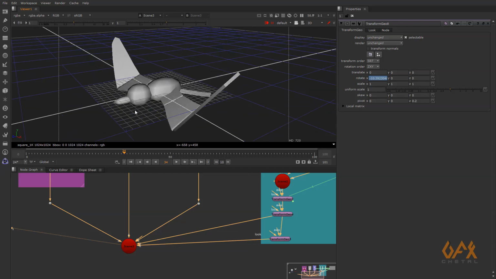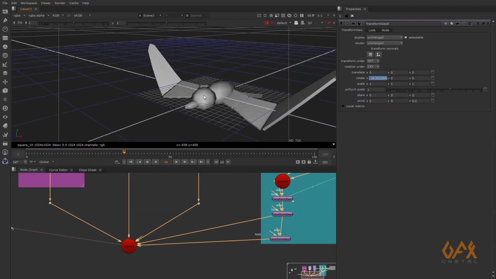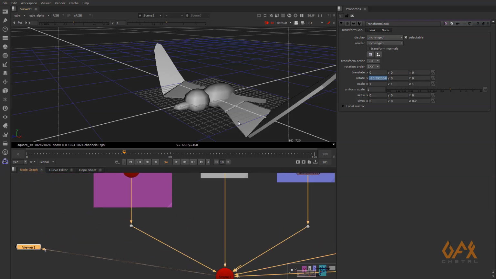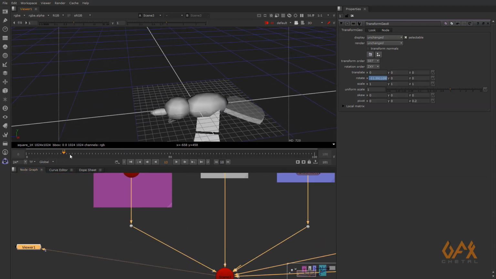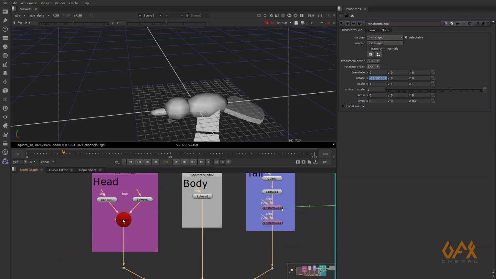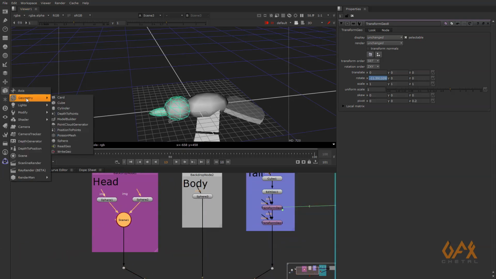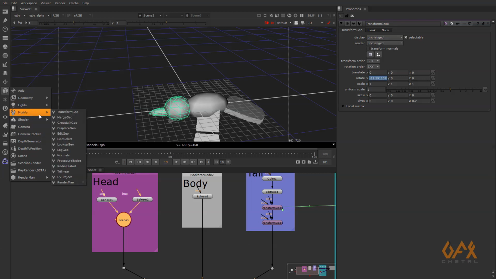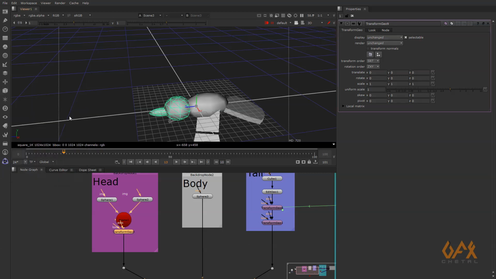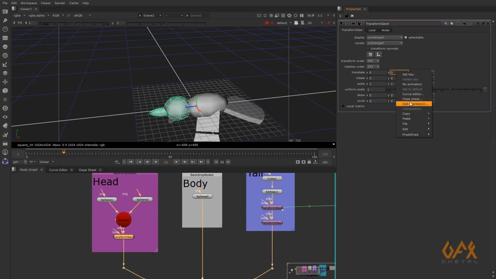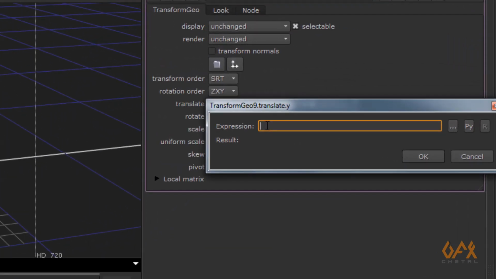Now you also need to move your head a little bit up and down. So for that, definitely it moves with your tail movement. So for that, over here I again apply one modified transform geo, and over here we need to move like this in Y. So for that we move over here in Y position, add expression. Over here I write down cos bracket frame